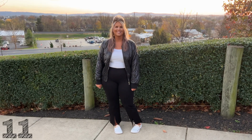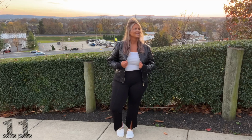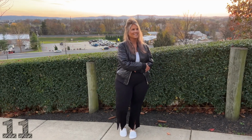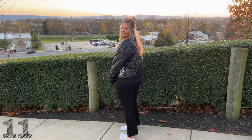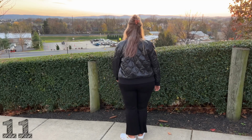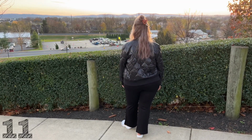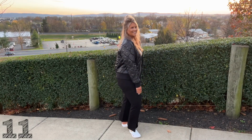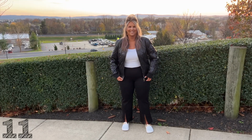Love and Sports quilted bomber jacket. So this comes in a burgundy color, maroon, it says maroon, and black. I am wearing this large, and I would say that is my true size. I can zip it. It is tight, but I do like the way it looks in this size. So I feel like this is the size for me. It does have pretty good reviews, 4.6 out of 5 stars, and it's originally $50 and it is on sale